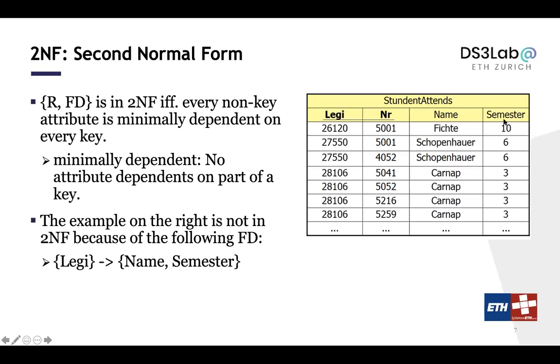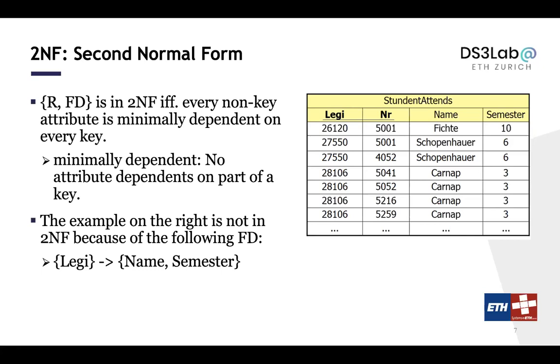Given the student ID, I know the name. However, the ID itself is not the key of this relation because I also have the lecture information here. The key is actually the combination of the first 2 columns, the ID of the student and the ID of the lecture. So in this case, if you look at name and semester, these 2 non-key attributes